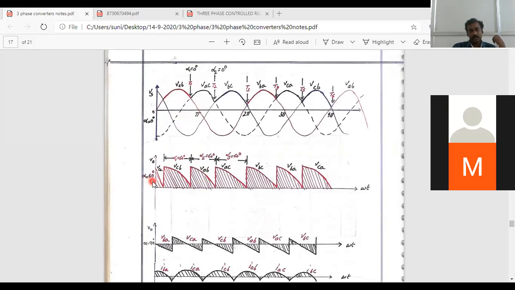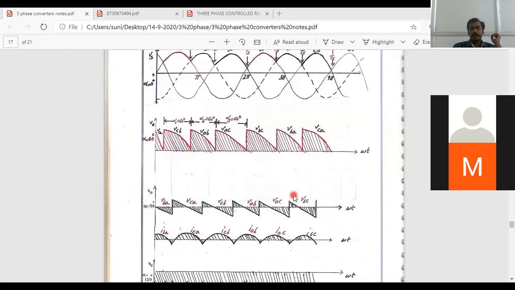So when alpha is chosen to be of 60, you are going to have the voltages VAB, VAC, VBC provided to be like this here. So this total is going to be this total angle here. When you are going to choose the total angle, this is going to be 60, this is going to be 60. So that means the total 120 is going to be the conduction of T1. VAB, VAC, that is going to be 120 degrees. VBC, VA, this total is going to be 120 degrees.